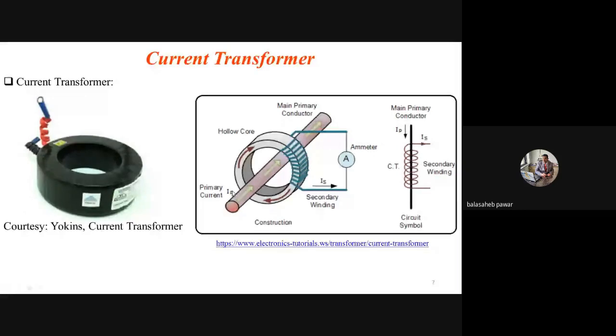And when there is no flux around this wire, there will be no linkage of flux to this secondary wire. This is nothing but the actual secondary. There is no primary to the CT. The primary itself is acting as what? That is the power line. Are you getting it? That power line itself acts as a primary, and whatever number of turns are mounted on that bobbin, it is acting as a secondary wire.